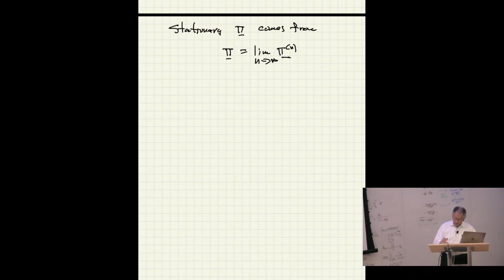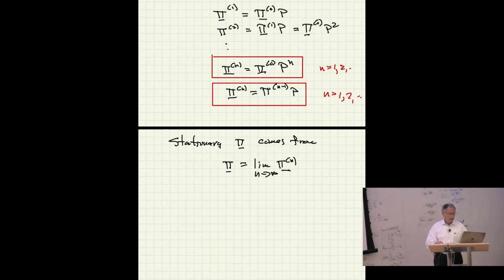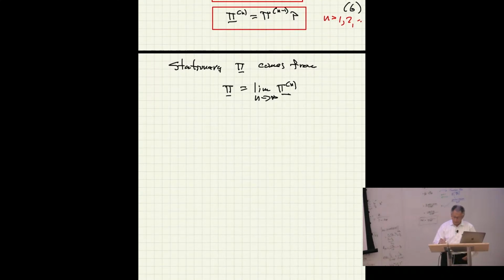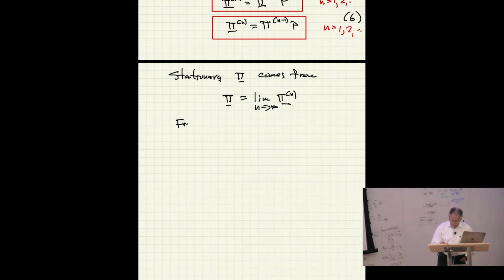Now, one other way to get the simple equation we want is the following. I'm going to number these equations here. I'm going to call this equation 6 and this one the other way around. I'm sorry. For my purpose, I wrote them backwards, so I'm going to write them down, 7 and 6, because I want to refer to this equation. So from equation 6, which is pi n equals pi n minus 1 times p, if we take the limit as n goes to infinity